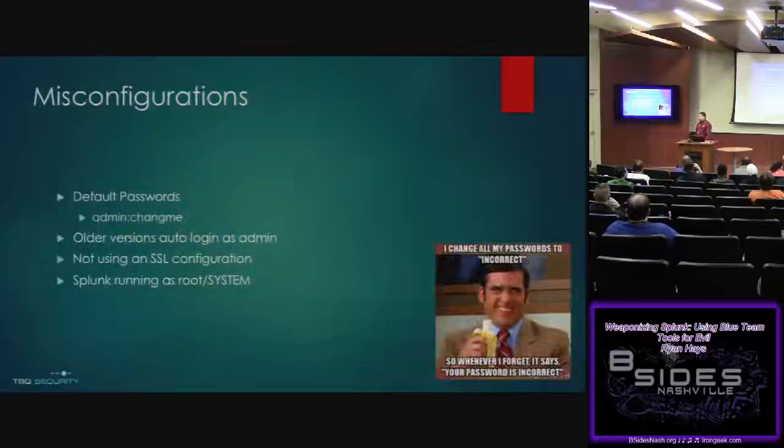So the misconfigurations that everyone sees. The older versions of Splunk, the one that I was talking about earlier, I think it was 4.5. These have been fixed in the new one, but that automatically logged you in if you didn't have credentials set up. The default passwords, admin and changeme. Every version prior to 6.5, which is the current release, didn't require you to set that password. It automatically had it configured for you. So if you run into that,